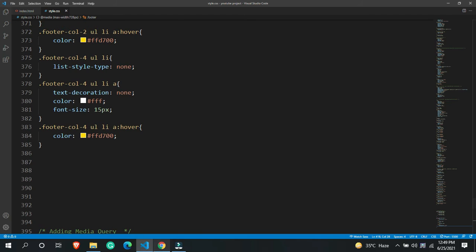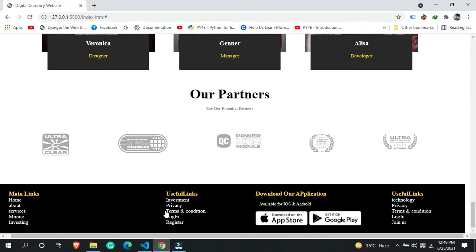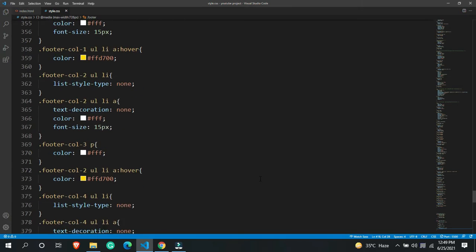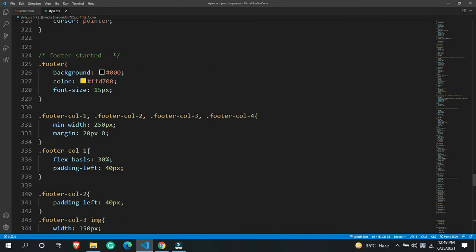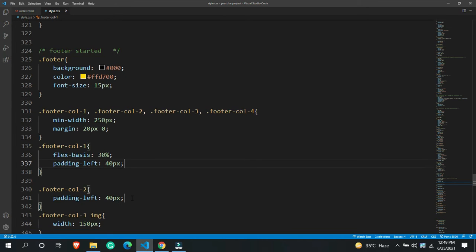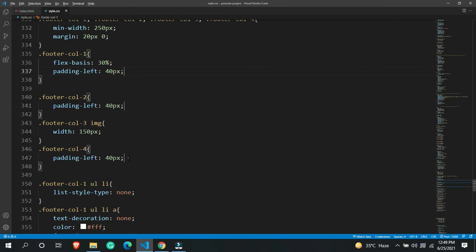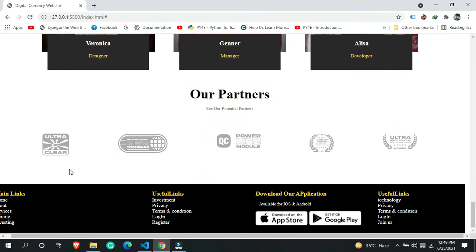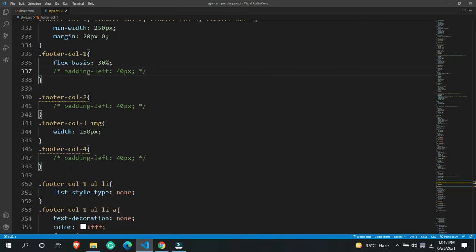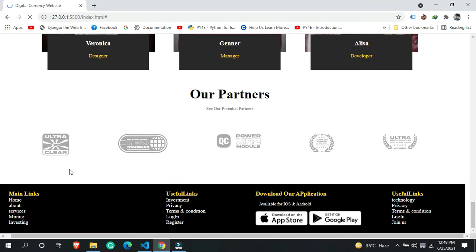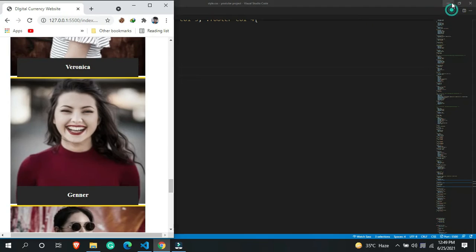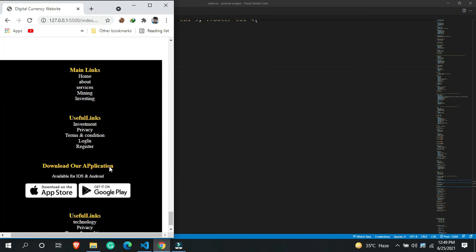We can also do some other changes as well. So we are getting all of these things like this. Before doing anything, let's say if I remove the padding left over here, and that is totally fine. If I remove the padding left, I think this is going to reflect. Okay, padding left is important. So yeah, we can already achieve all of these things.